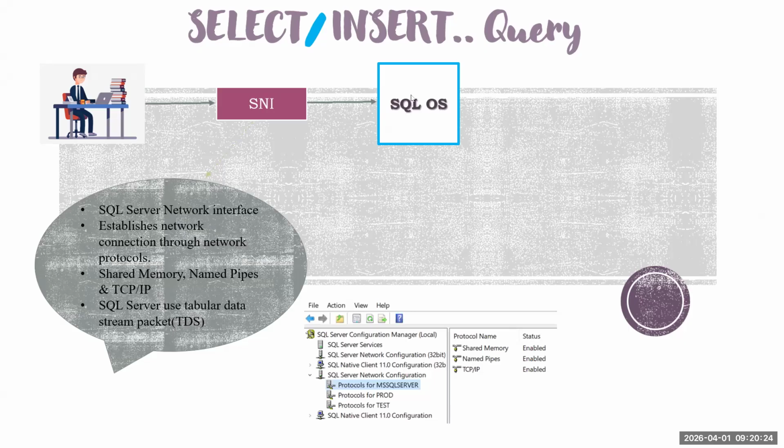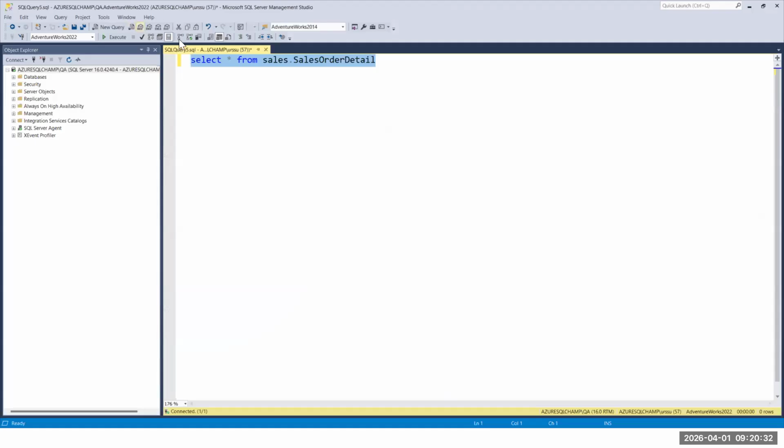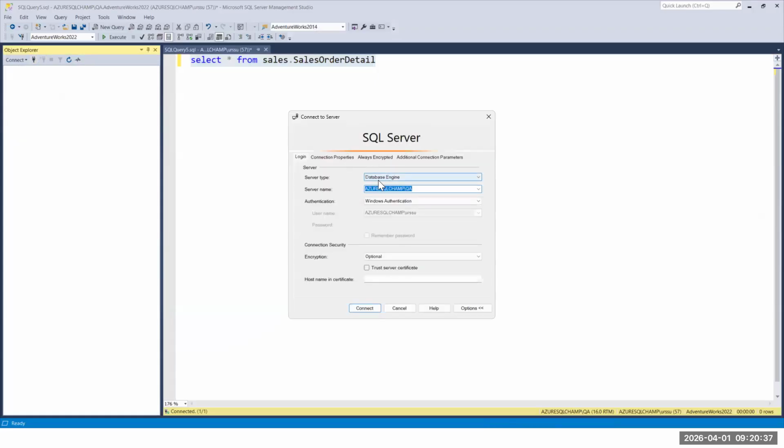On that SQL OS architecture, the SQL operating system, your database engine is not having the capability to talk to the OS. On top of the operating system only, your DB engine is sitting.